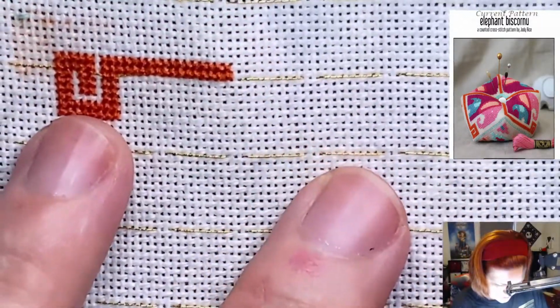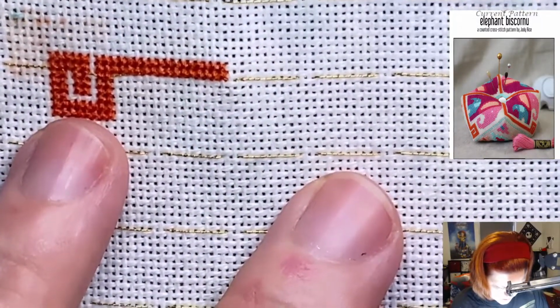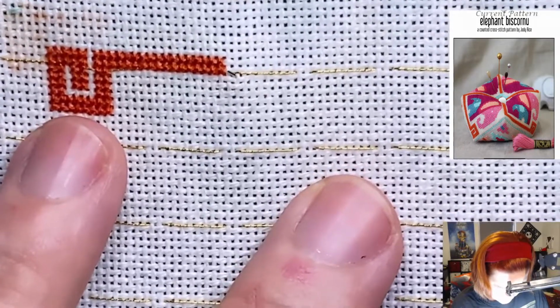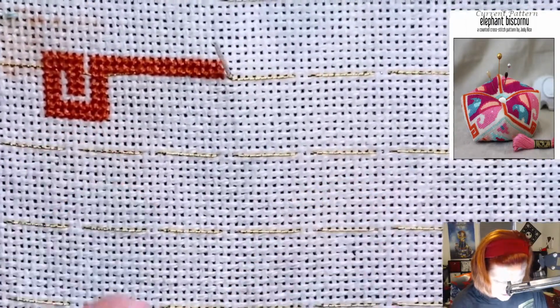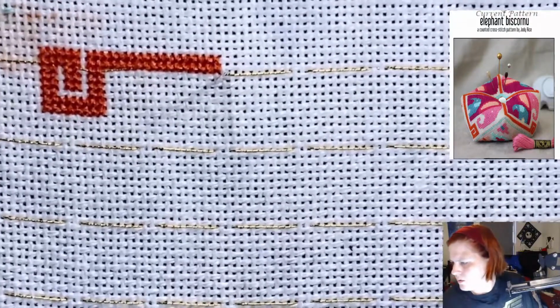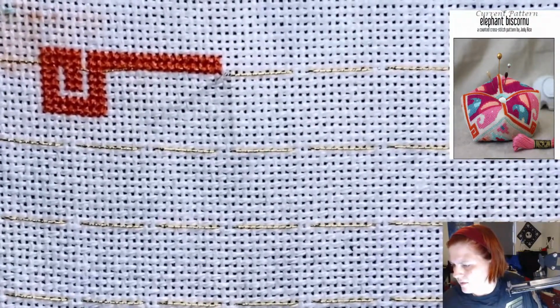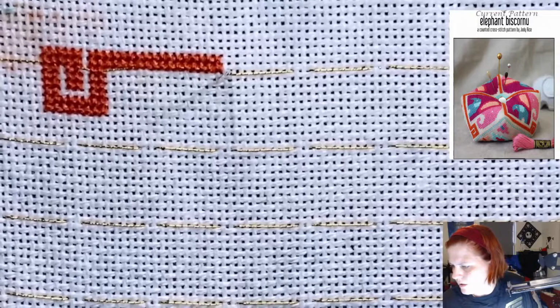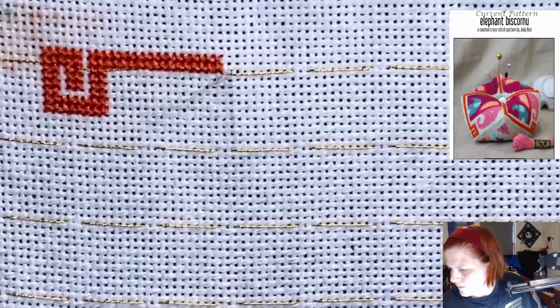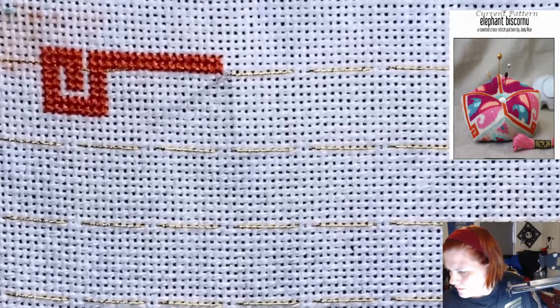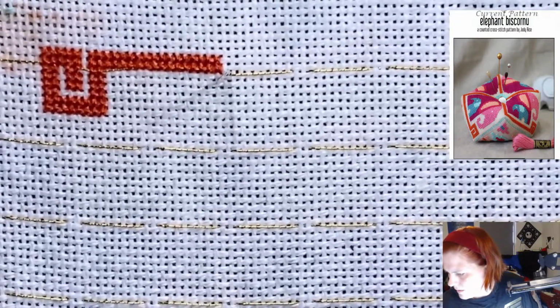Okay, so let me check my stitches here. Mark what I've gotten done for sure. Nope. Take those off. All right, so I know I've done those.